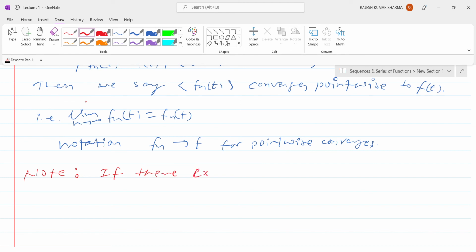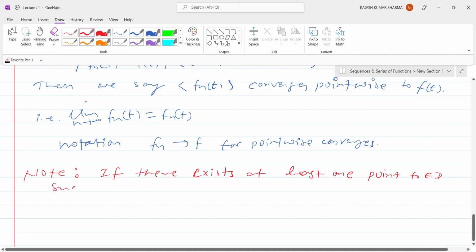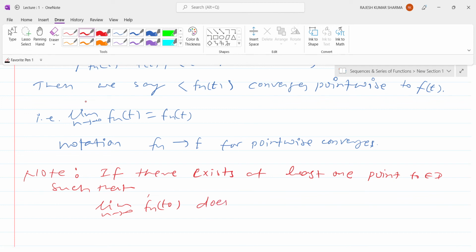If there exists at least one point t naught belonging to D such that the limit of n tending to infinity of fn(t naught) does not exist,